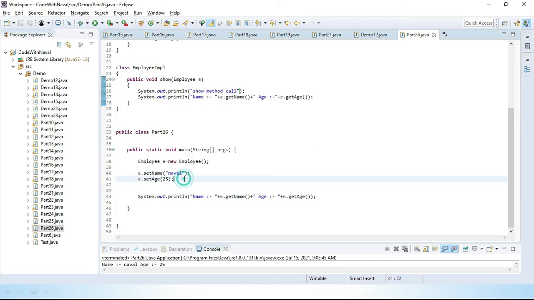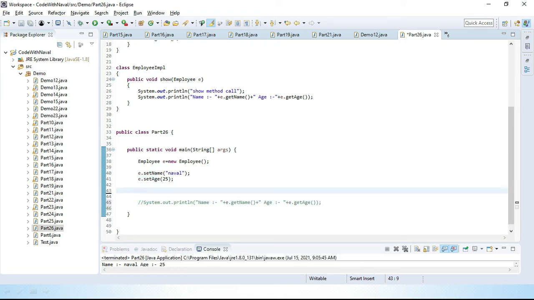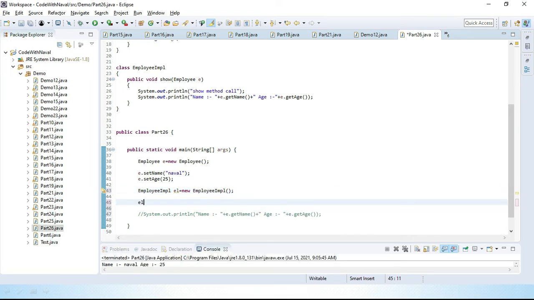So for that I'll simply comment this line, and I'll create this employee IMPL object. I'll create employee IMPL object el equal to new employee IMPL. And here we use el dot show, and here we pass this e object, and now let's save this, run this.